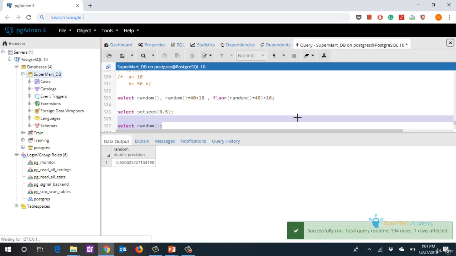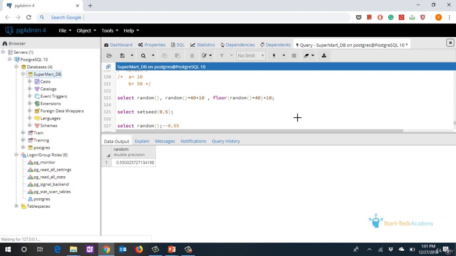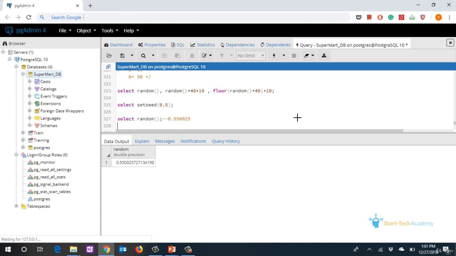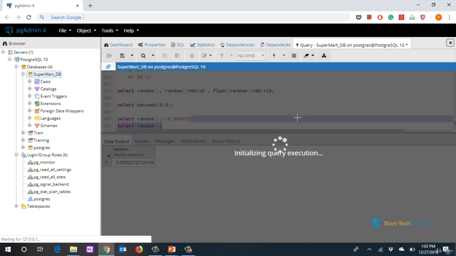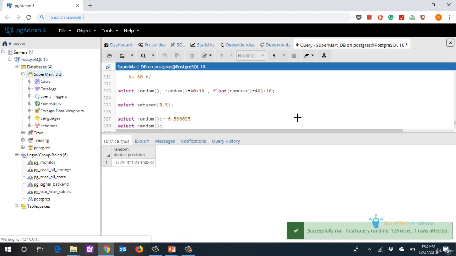This gives a random value of 0.550025. Let us write this as a comment so that we remember it. Now run the random function again. It has now given a value of 0.29531.